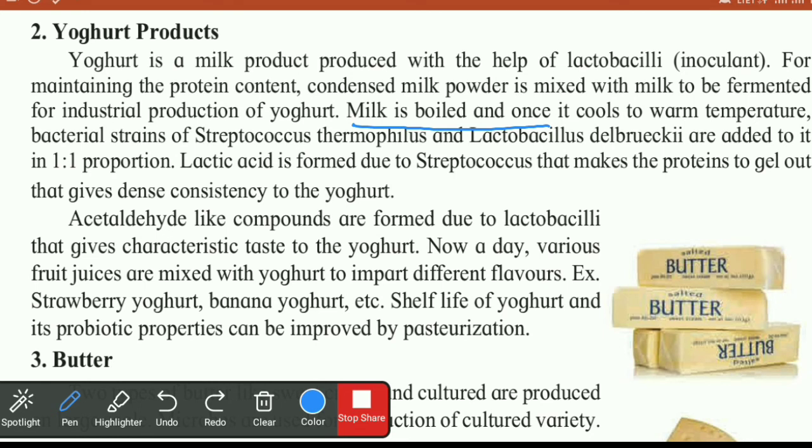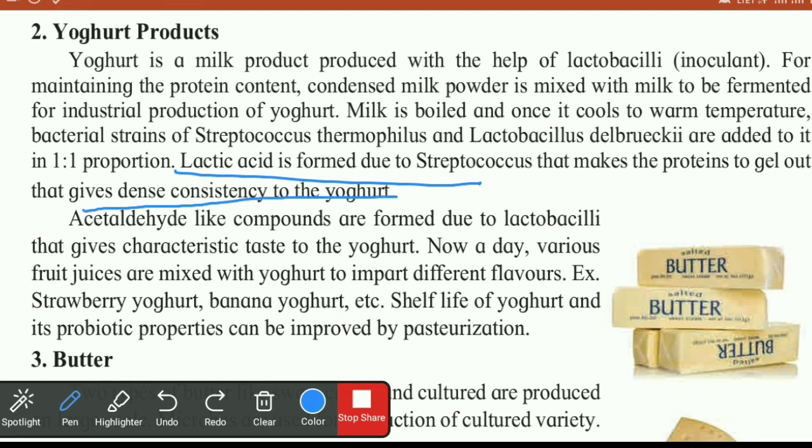other bacterial strains, Streptococcus thermophilus and Lactobacillus delbrueckii, are added after the milk is boiled and cooled to a warm temperature. These two bacteria are added in a 1:1 proportion. Then lactic acid is formed due to the Streptococcus. Streptococcus converts lactose sugar into lactic acid, and that makes the protein gel out,